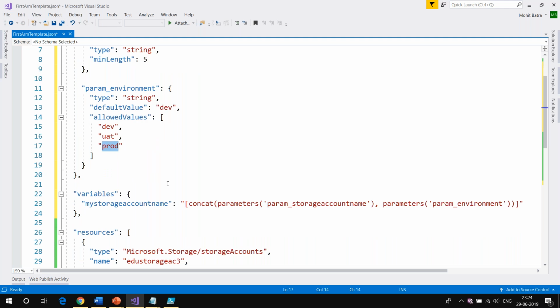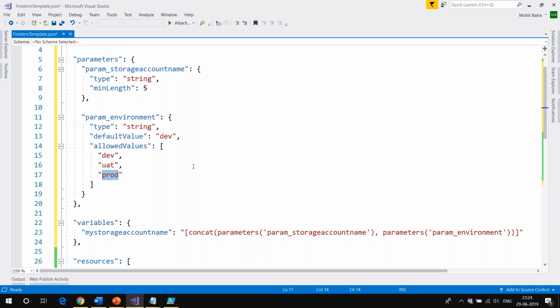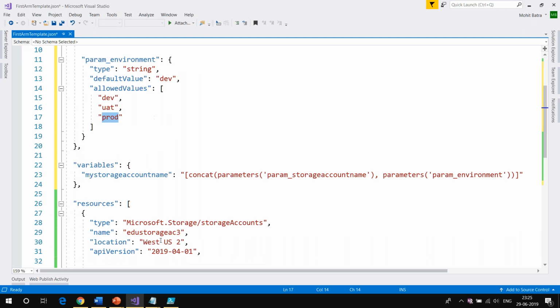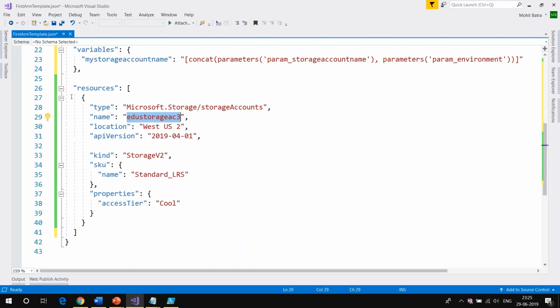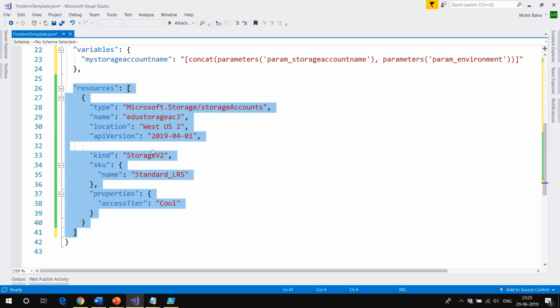Guys, I know this could become a bit complex for you at the first go, but think about it this way. If you have one single ARM template and you want to deploy it in UAT, in production, in development, and you don't want to hard code these names, how do you do that? We have seen till now you can create a resource with this particular name, but this is hard coded.